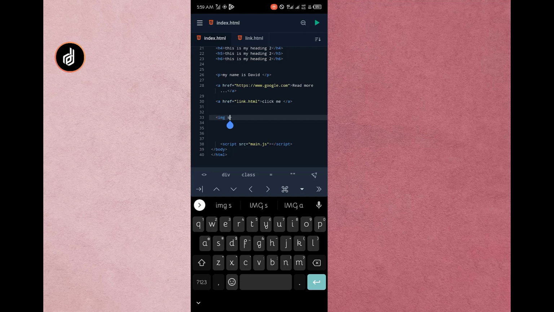Because you know what the img is, how to use it, how to format it, how to style it, and how to do all that. But we're going to cover all those things in this video. Now the next thing we need to type is our src, which stands for source, the location of our image. Currently we don't have any image in the folder we created, so we're going to do that after this. So what we need to do is, I would advise you to use